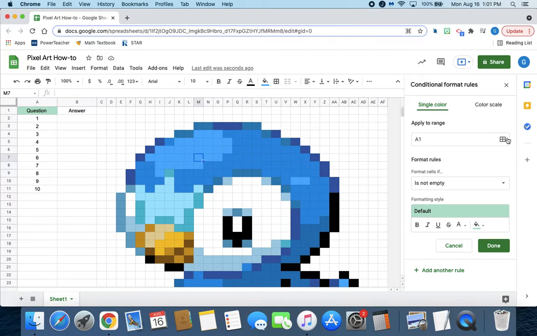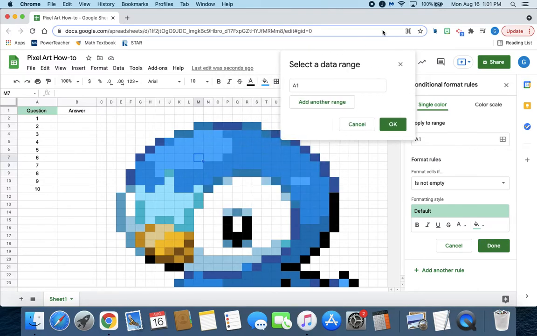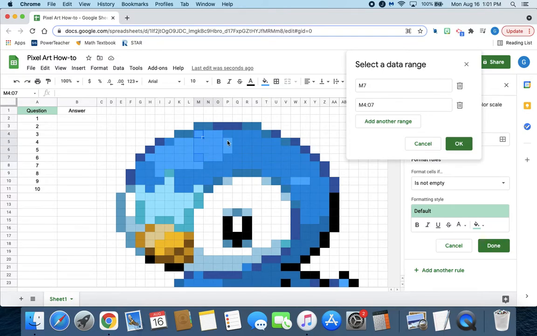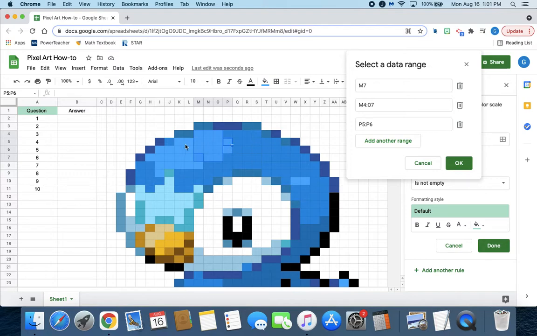This is how we select a data range. So if you want to add multiple cells to your data range, you're first going to click those 4 boxes. I'm just going to move this out of the way so we can see. And then you're going to hit the Command key on a MacBook. I believe it's a different one if you have a PC, so you might want to research that on the internet. But I hit the Command button, and then I start highlighting all the squares that are the same